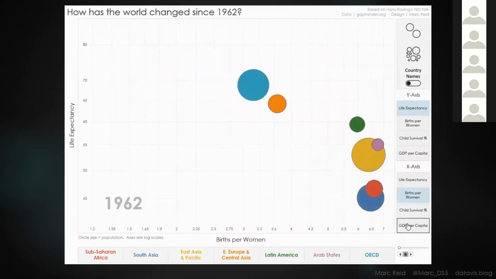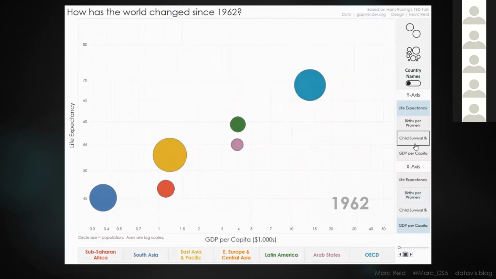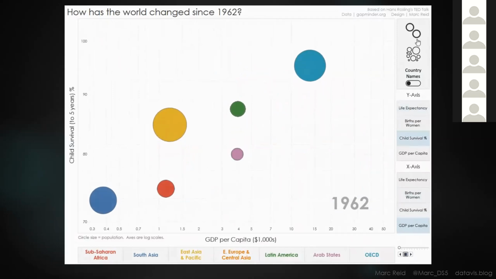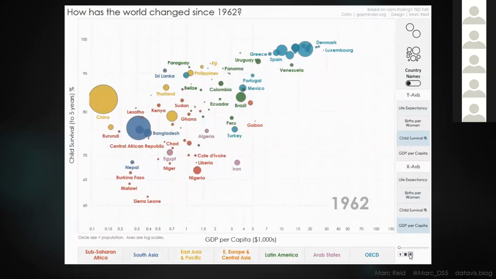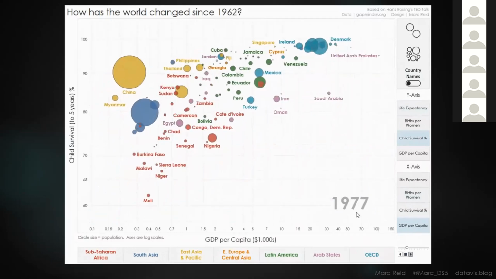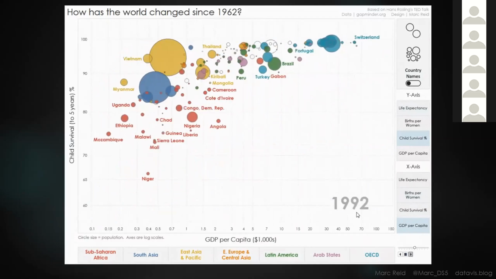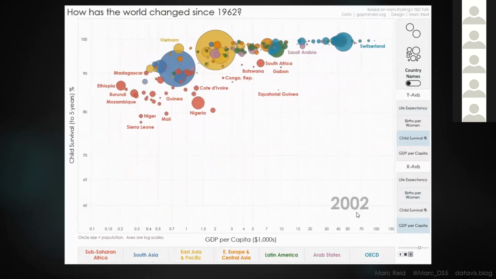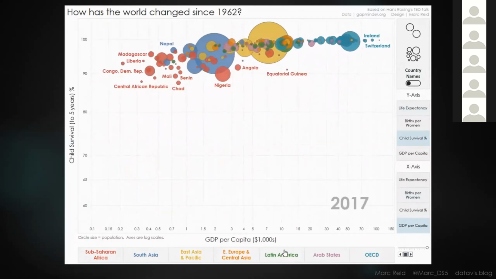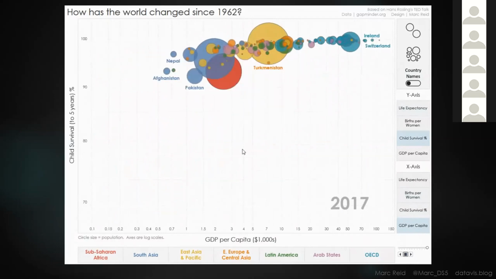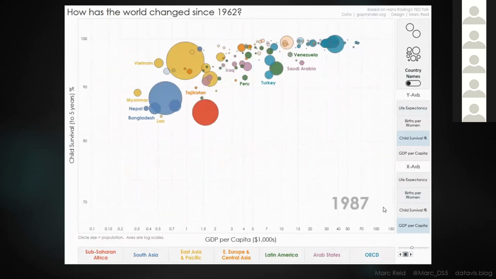We go back to the start, and then we can change the measures that are on the axes. So we're going to put GDP per capita on the x-axis and child survival on the y-axis. And we'll play that through again. You see the GDP per capita increasing and the child survival rate increasing as the years go by. It's quite interesting there, as you hover over, you can see the variation of the values for the countries in each of the regions. I think that was really one of the points that Hans was emphasizing in his talk, is that we sometimes think